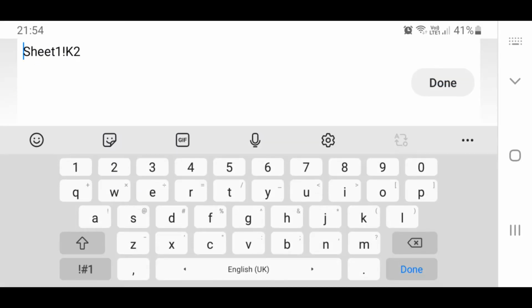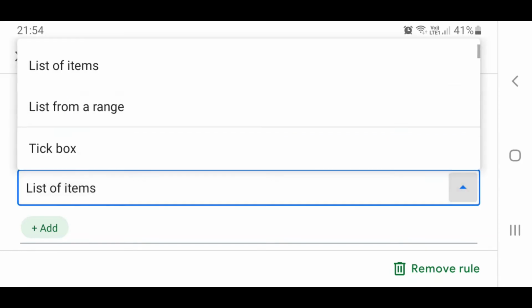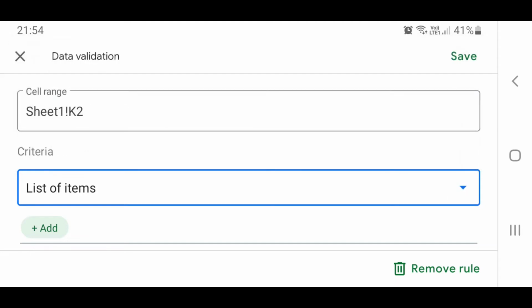The significance of data validation is that you can include certain validation functions. That is, you can limit what type of value is entered into a particular cell. For that I have selected the sheet A1 and the cell K2. For that particular cell I want to include a list of items, that is I want a drop down list to be visible. For that, I have selected the cell range. On the criteria button I am going to select list of items.